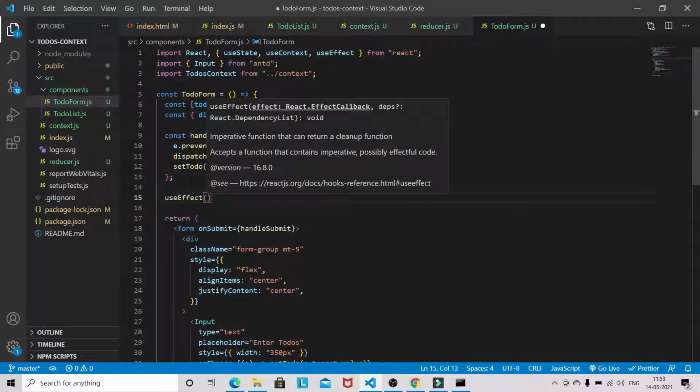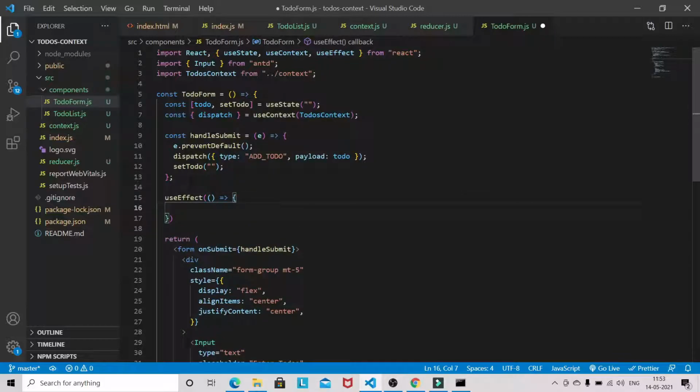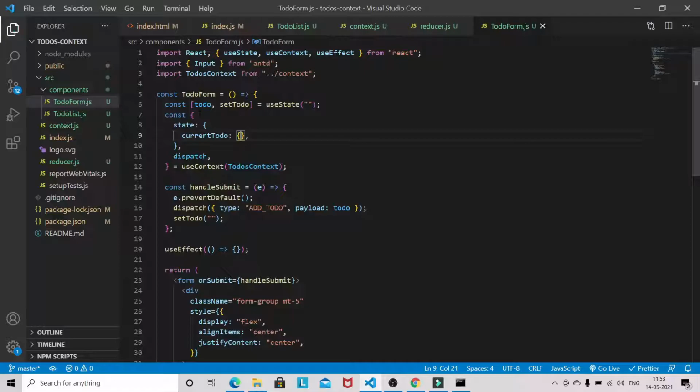Okay, first, we also need the currentTodo here from our context. So we can do something like this, and we can destructure the currentTodo, and initially we will define the empty object.